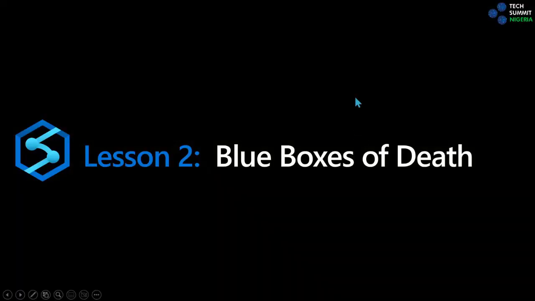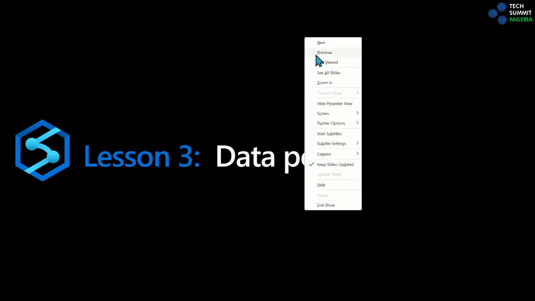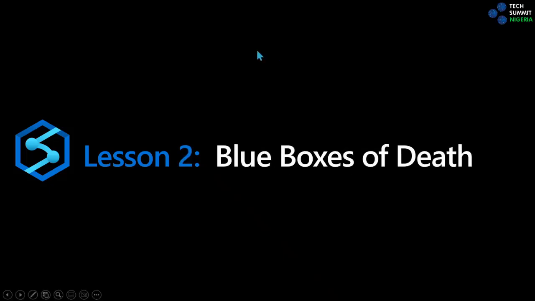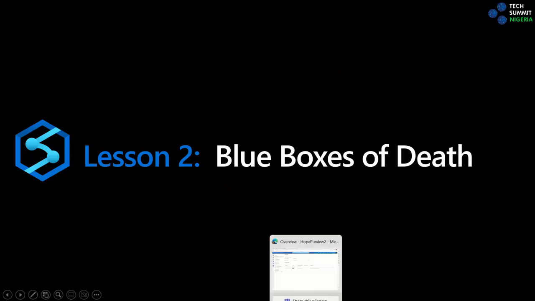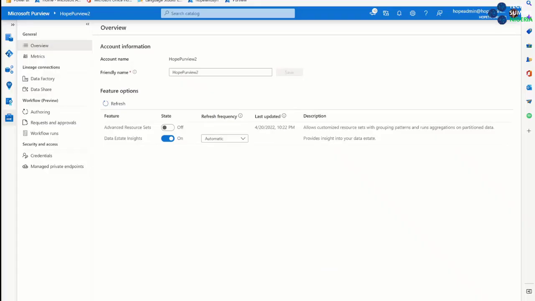So one quick lesson that I wanted to share with everyone that was a little bit surprising. When I started setting up, especially some of the preview features, I just wanted to call out, and I'm going to skim over this piece quite a bit, there are different caveats that I ran into.